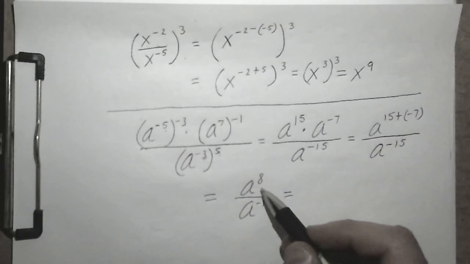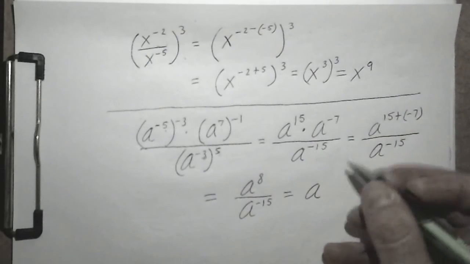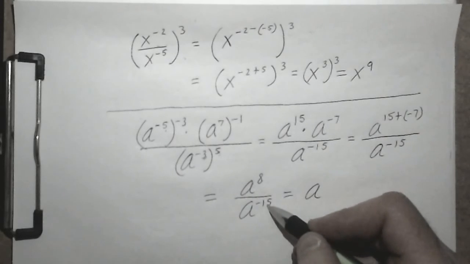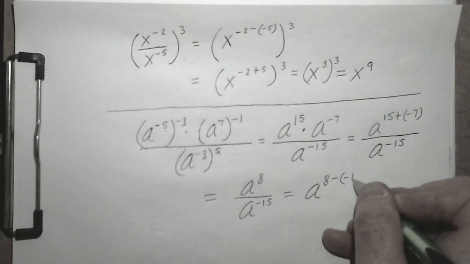Finally, to wrap this problem up, we're dividing like bases, and to do so, we subtract the exponents. So we keep the base the same, and so we'll have a raised to the numerator minus the denominator power. So a to the 8 minus negative 15th power,